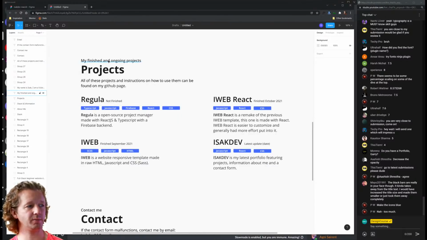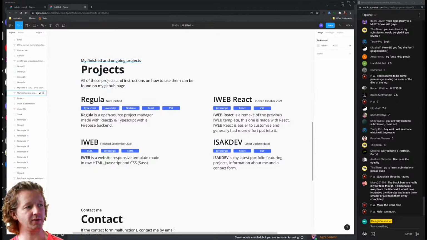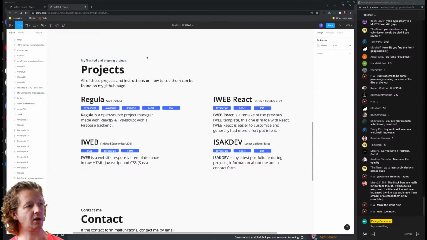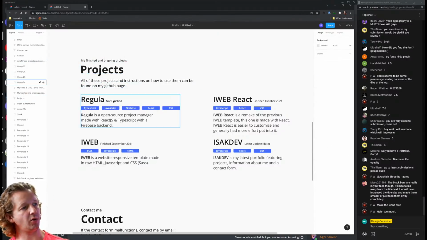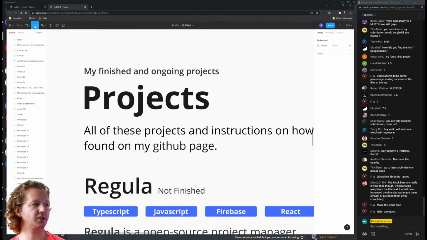These elements right here, these are too similar. These are styled exactly the same. There's nothing different, but they are semantically three different elements. So you need to figure out how to design or differentiate these elements more. So what you could do is make this maybe 16. All right, and also your alignment is off as well. And you could do a lot of different things with this to separate it a little bit more.